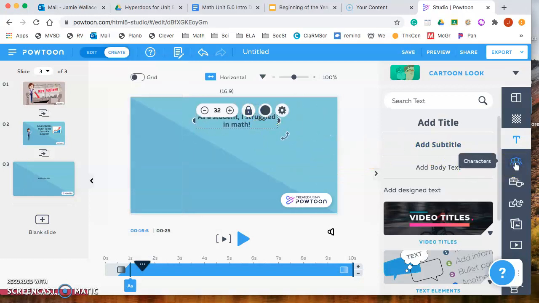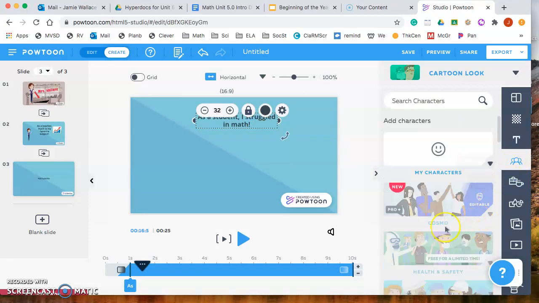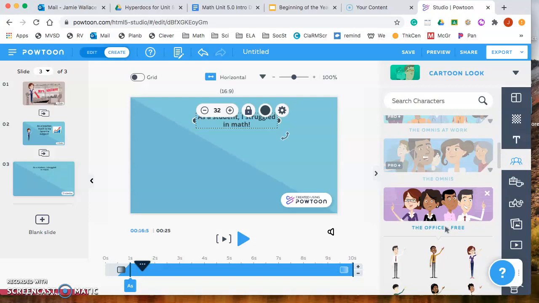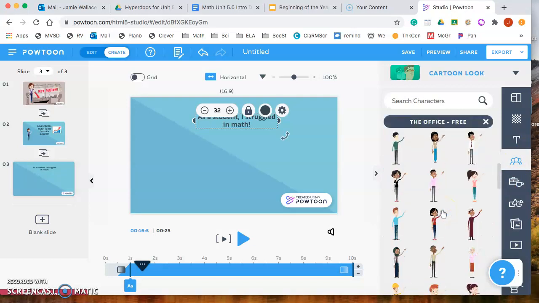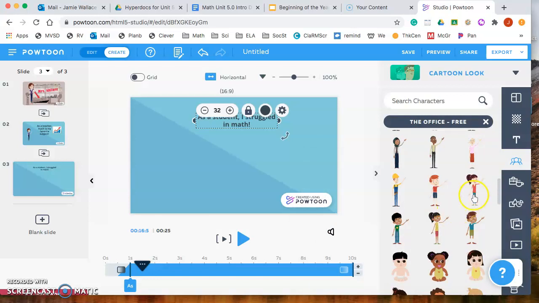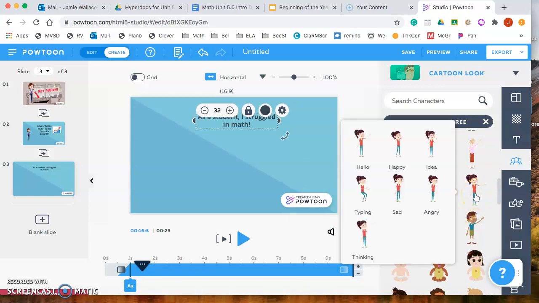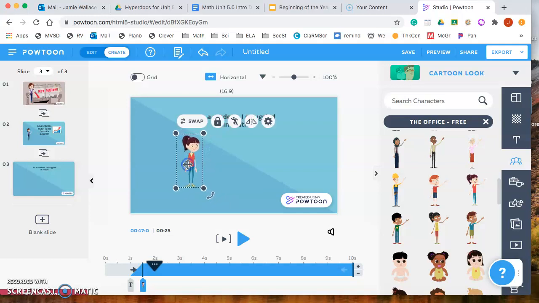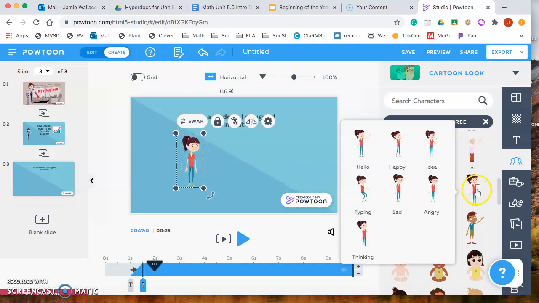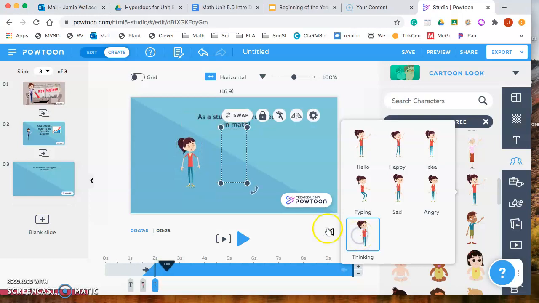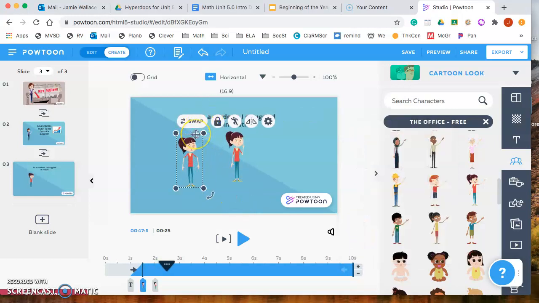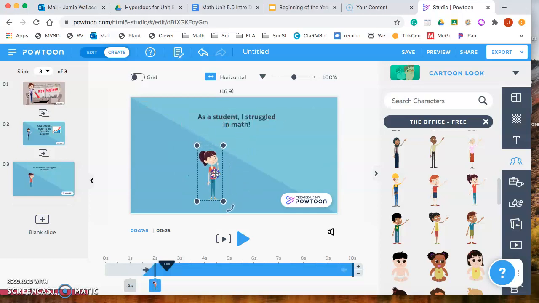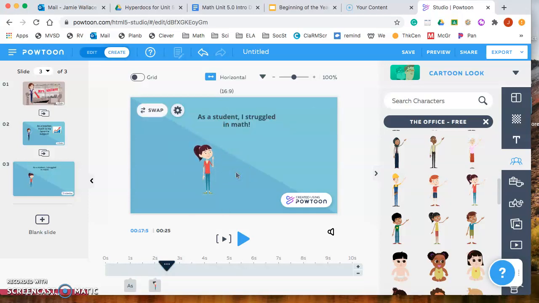And now when I go to my characters, I want to look for a character that could be me as a student. And in this one, there are kids down here. There we go. It's the closest to me as a student I'm going to get. I think I'm going to be thinking on this one. Let me get rid of sad. I'm going to be thinking. So as a student, I struggled in math. It was not my